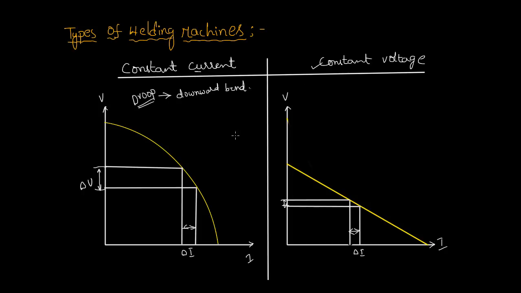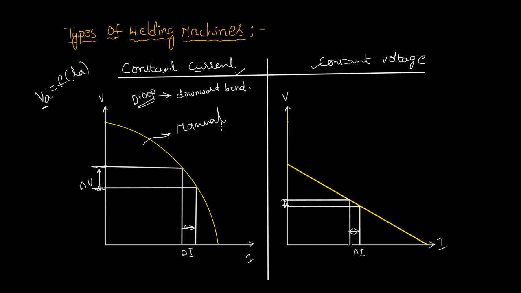So which machine do I have to choose for manual arc welding and automatic arc welding? I told you in the earlier section also, the arc voltage will depend upon arc length. Arc voltage is a function of arc length, a linear function of arc length. So in manual arc welding, what will happen? Due to our hand shaking movement, the arc length may change from point to point. So in that case, the voltage is changing, but I don't want the current to change. Then what will I choose? The constant current. So here I am changing the voltage from time to time very high, but the current change is very less.